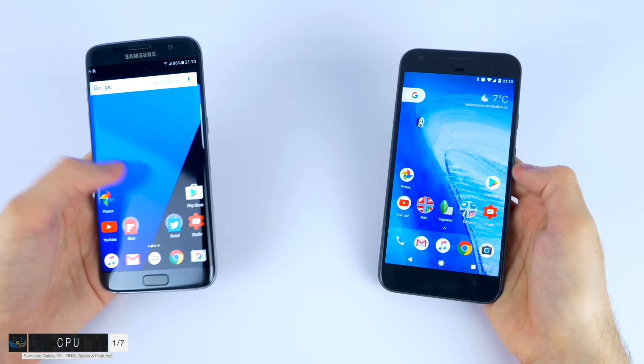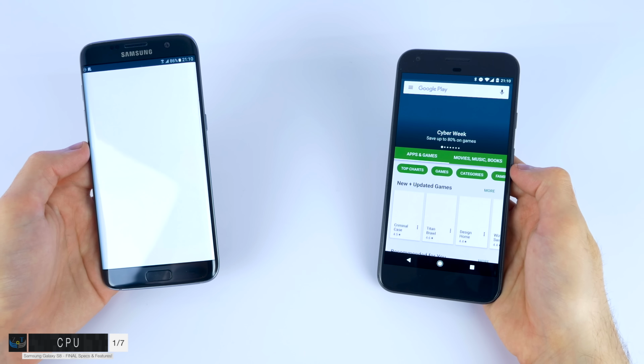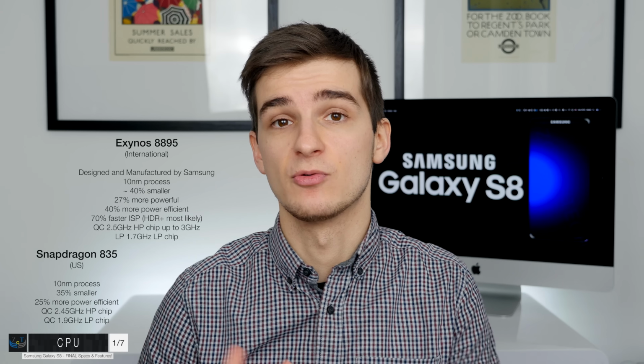They were actually more fluid, apps opened a tiny bit faster. The only advantage to the Snapdragon 820 models was the GPU, so in intensive apps and games, they actually perform better than the Exynos models. Other than that, the battery life and the overall system UI fluidity was better with the Exynos models. And I do believe that this is going to be the case again in 2017 with the Exynos 8895 and the Snapdragon 835.